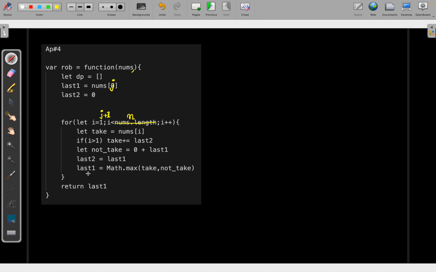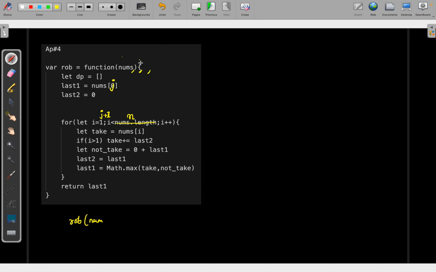And now I will simply call this rob function with nums, and I will add two more parameters, j and n, because I have added j and n. So I will say rob of nums, j will be 0 and n will be nums.length